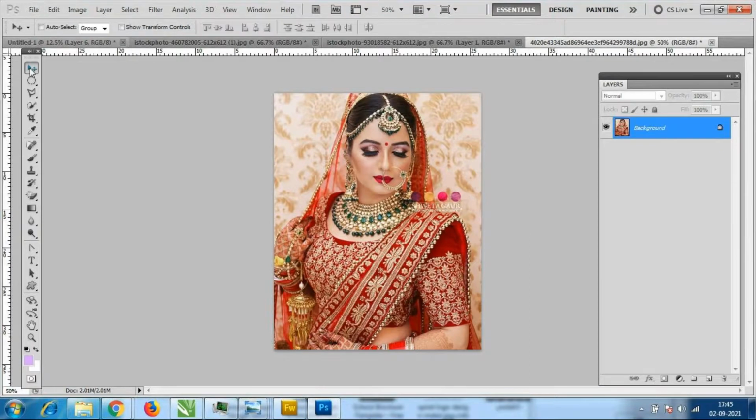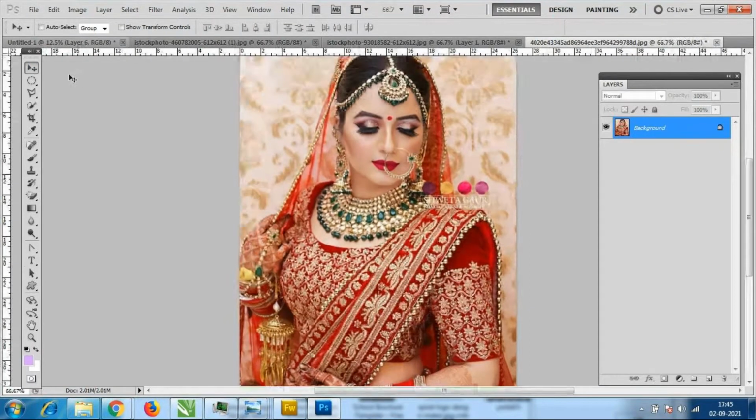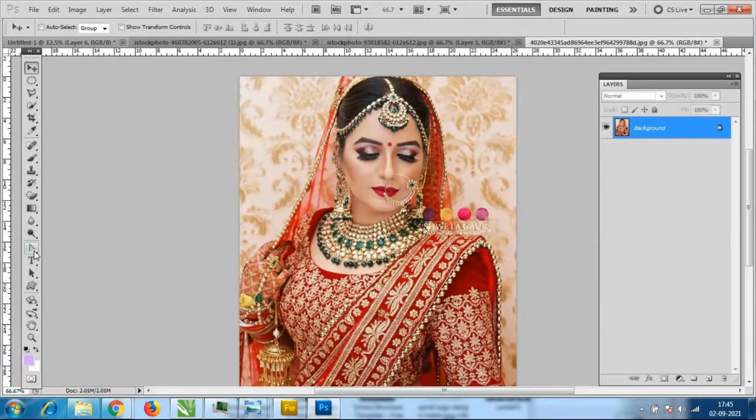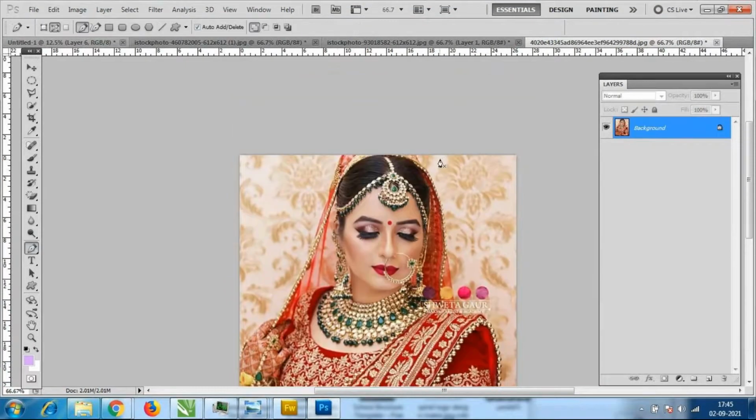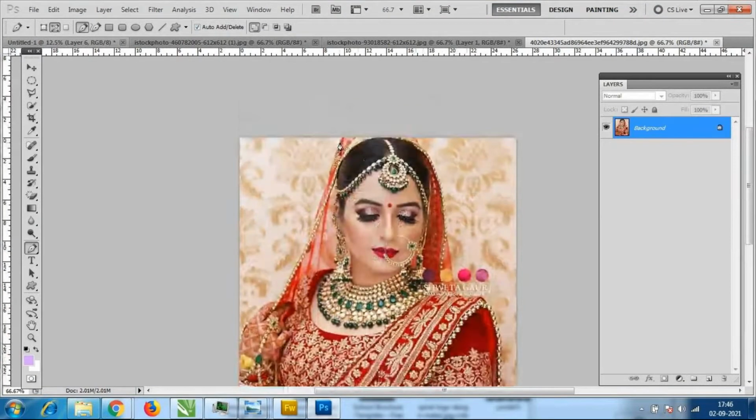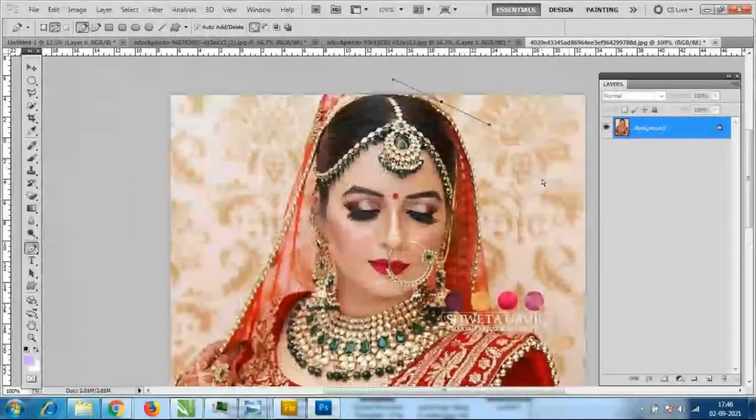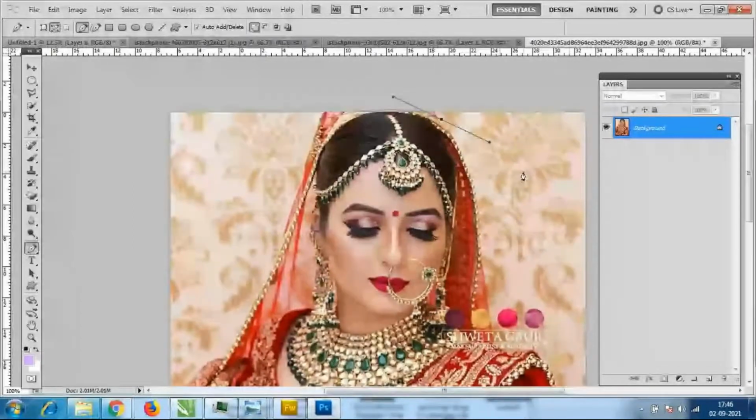Okay, so this time you have to go to the pen tool and select it from wherever you want. See, selected this image neatly from here and see here. See, now the point is not coming.